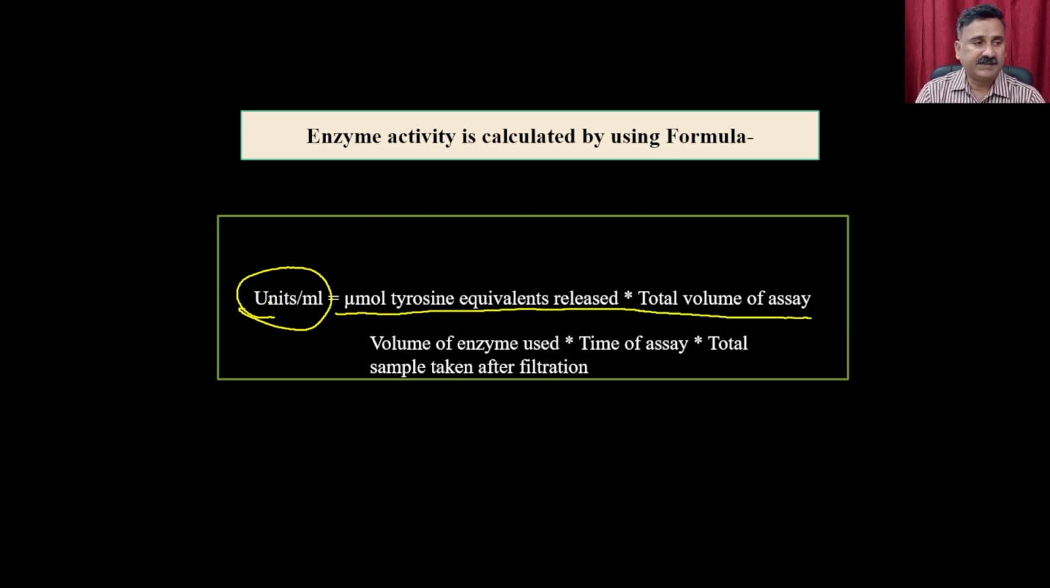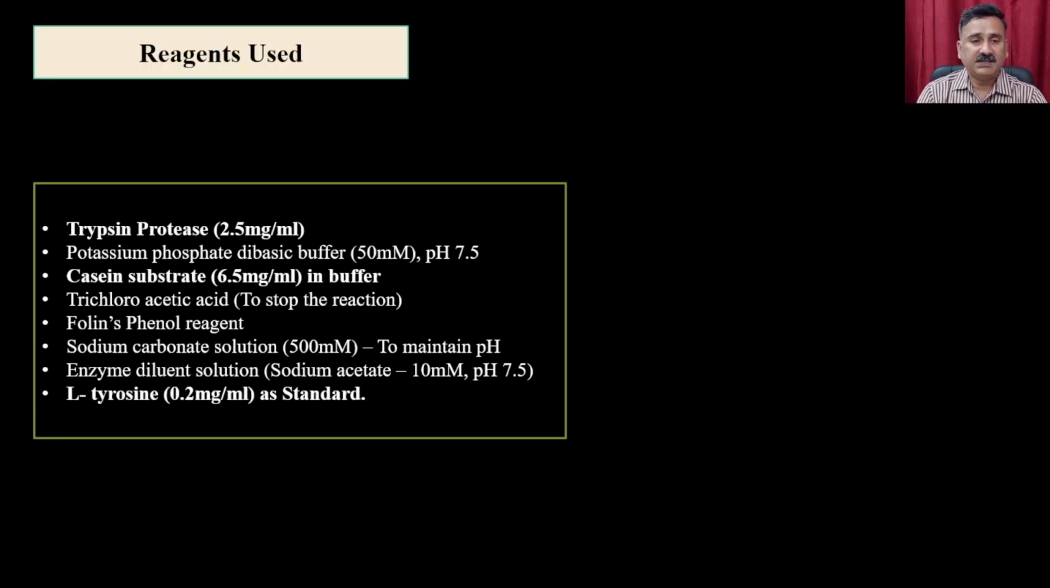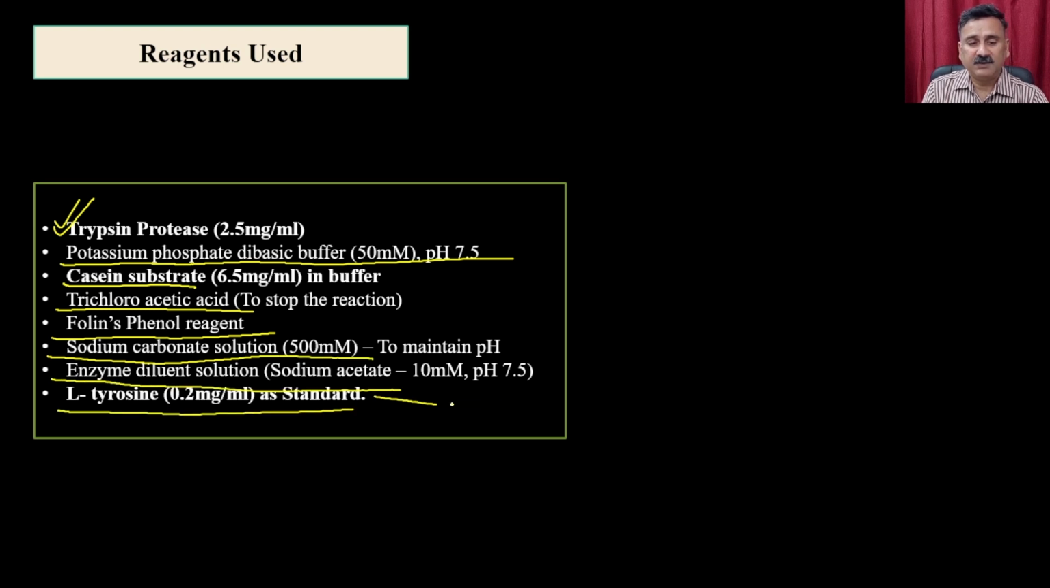If you want to do this experiment, what types of reagents are required? You require the trypsin, which is the protease. You require the buffers, so you require the phosphate buffer. You require the casein, the TCA, the Folin-Ciocalteu reagent, the sodium bicarbonate, enzyme diluent, and then you also require the L-tyrosine, which is going to be the